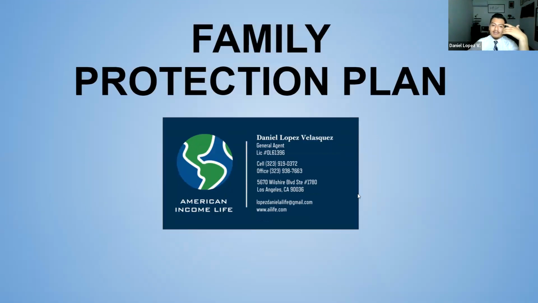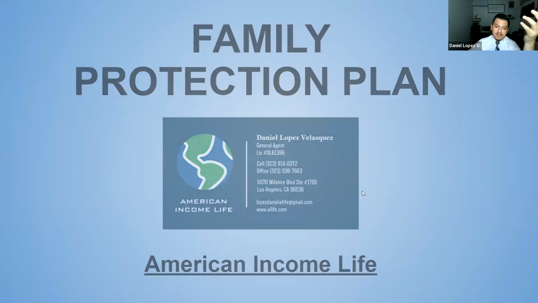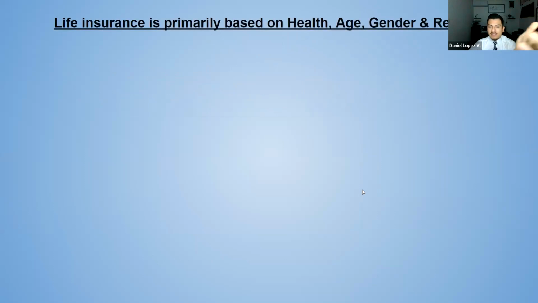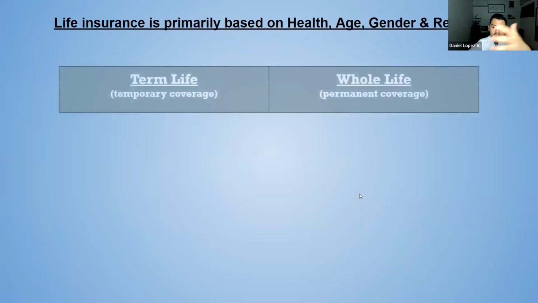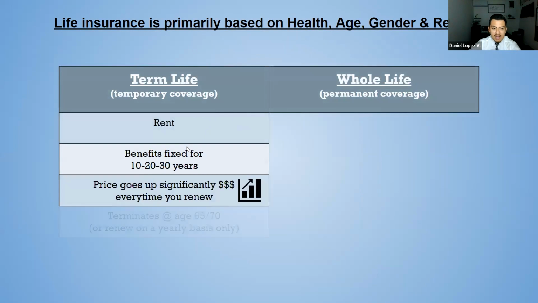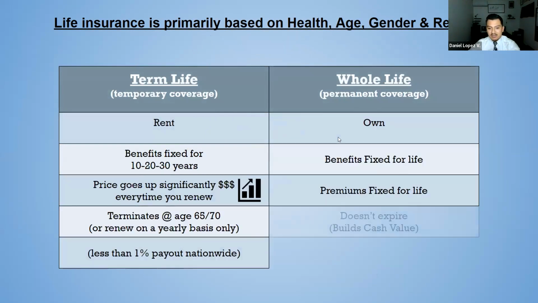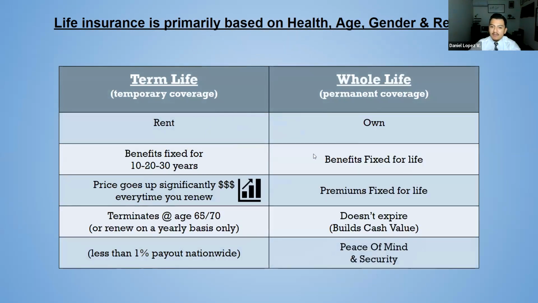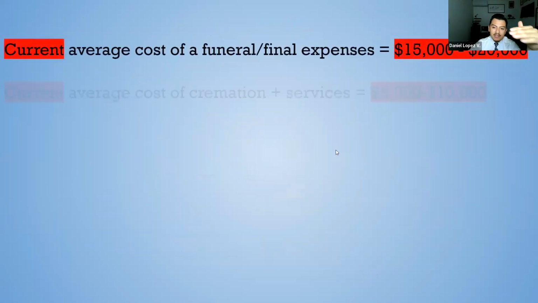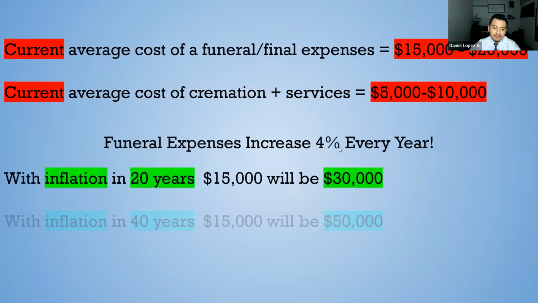Great. So what do you know about life insurance? Okay, so let me go into it. Primarily it's based on your health, age, gender, criminal records. There's two types, whole life and term, and so on and so on. Everyone is different. Which one of these works for you? Which one do you want to get? Let's get the whole life. Okay, great, I also agree with you. Perfect, whole life it is. All right, great. Just so you know, this is how much it costs in California.